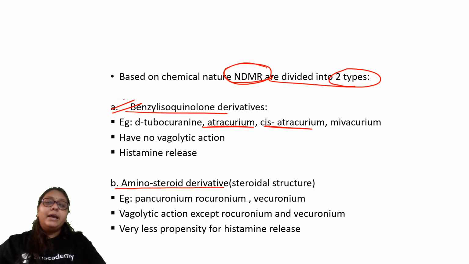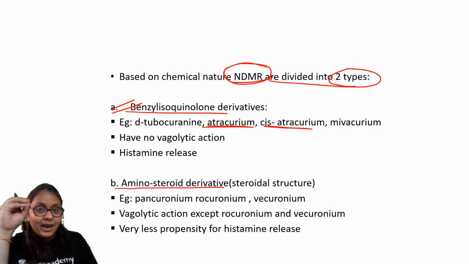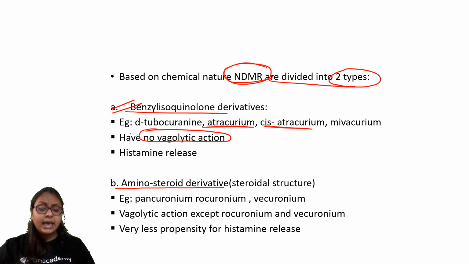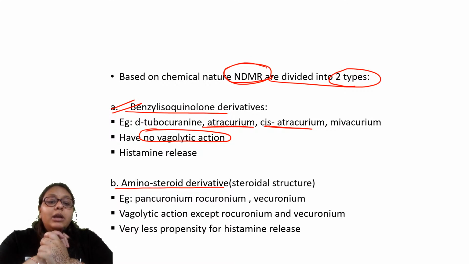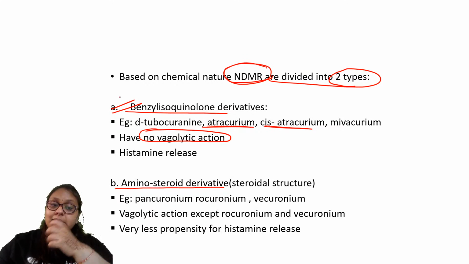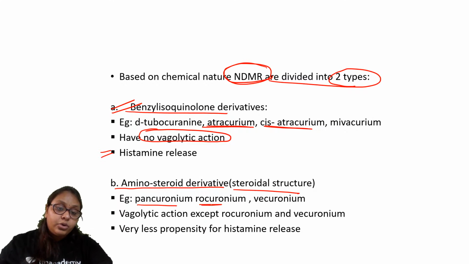Remember benzyl isoquinolone derivatives like atracurium, cisatracurium. Why am I emphasizing this? Because these do not have any vagolytic action. Atracurium, cisatracurium, mivacurium do not have any vagolytic action, but they cause histamine release. Whereas the steroidal ones, pancuronium, rocuronium, vecuronium, have vagolytic action